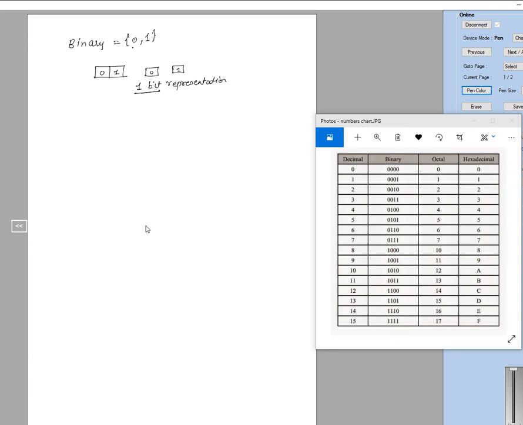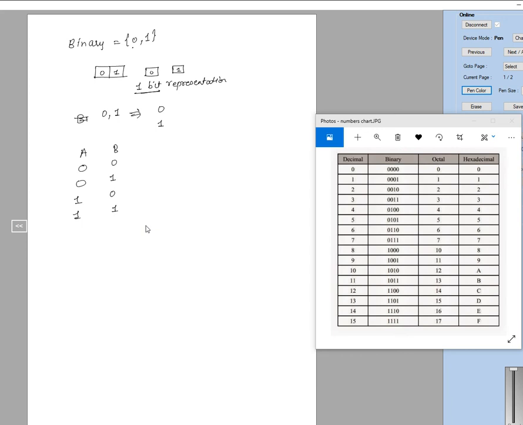If I say 2 bits, so for example, it is just permutation and combination, which you must have studied in +2. Given the numbers 0 and 1, what are the combinations you can make? The first combination is 0 and the second combination is 1, right? Now we can expand this. Let's say A and B are our inputs, one input and a second input. I'm showing you a table. This is a 2-bit representation: 0 0, 0 1, 1 0, and 1 1.